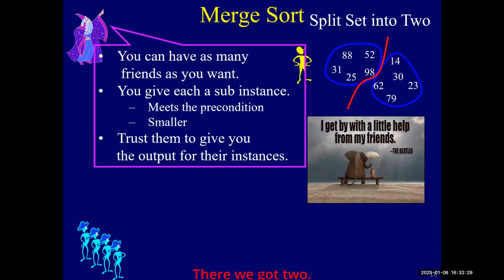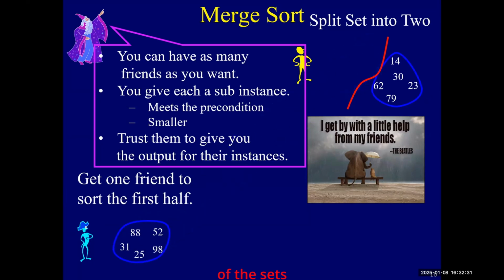Now we got 2. We give one of the sets to our first friend. Now, everybody think, what does my first friend do? Wrong. No, you're not wrong. But I don't want you to give me that answer. Why don't I want that answer? Because you're giving the task to two friends. So what your friend would do is give it to another friend. Yes, why don't I want that answer?